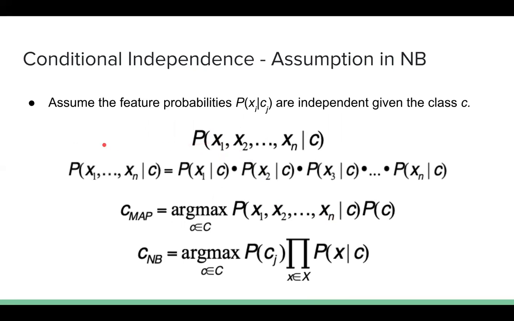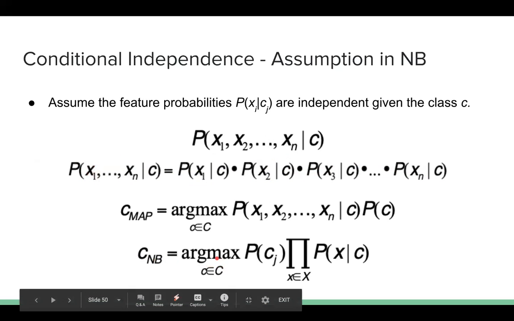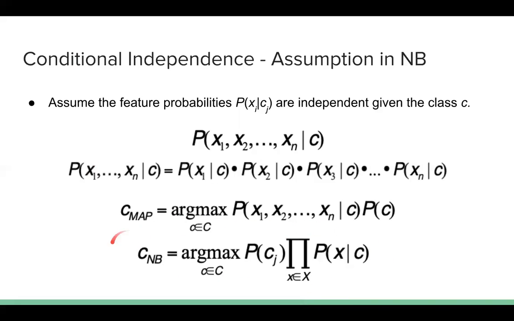Okay, so the moment you say that these features x1, x2, and so on, xn are actually independent, then I can write this particular formula as P of x1 given C into P of x2 given C into P of x3 given C, and so on. So now it is basically becoming a formula of an independent event. Now once that is done, I can do the same argmax but with a product, now the product of P of x given C. So this is how exactly a naive Bayes algorithm is working.